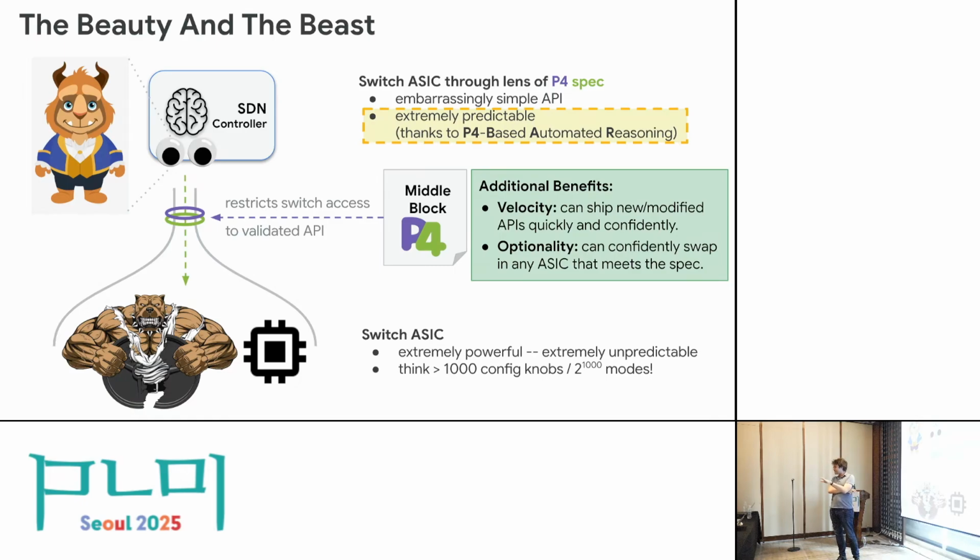There are two additional benefits. One of them I kind of told you about before. Well, actually, both I did, I suppose. One is velocity, right? As soon as I change this P4 program, which is the only way I'm able to expose any new feature, because literally otherwise you cannot use it, then I automatically am going to get this extremely predictable behavior. And also it gives me optionality, right? Any switch ASIC that can implement this API is one that we can now buy. And if you're a vendor and Google says we can buy your switches, well, now you're a vendor. Like that's all you would need to be a vendor in some sense.